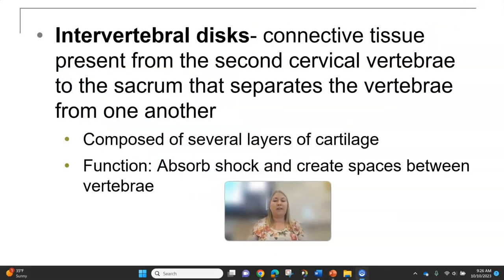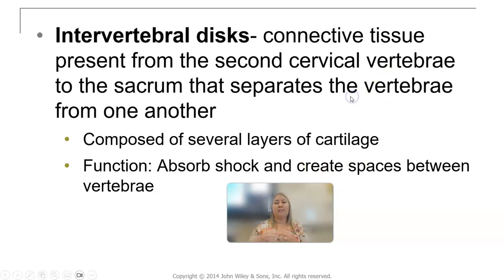So I mentioned that there's a lot of connective tissue that helps support these vertebrae, the most important one being the intervertebral discs. These are little pillows of connective tissue that begin from the second cervical vertebra, so C2, all the way down between L5 and the sacrum. There also is an intervertebral disc there. So it's many layers of cartilage. Some of it is fibrocartilage, some of it is a little bit denser. And again, that just helps to absorb shock and to create spaces between the vertebrae so that we don't get